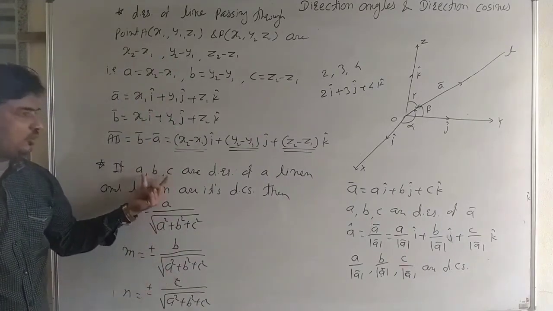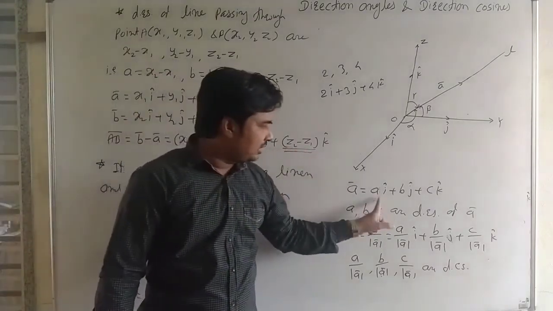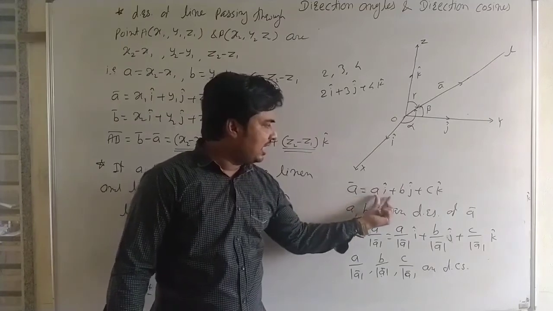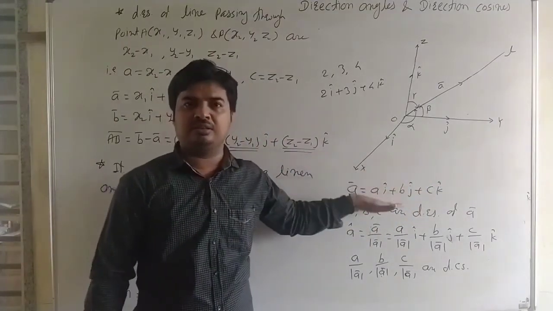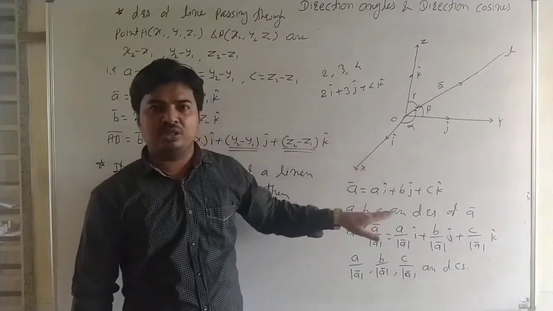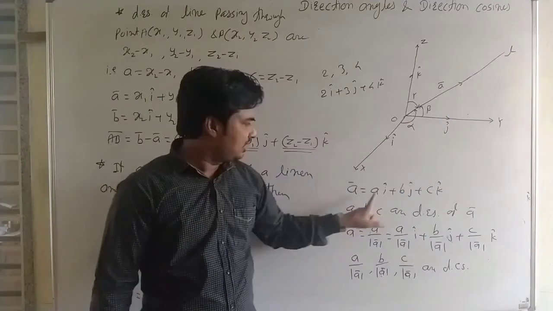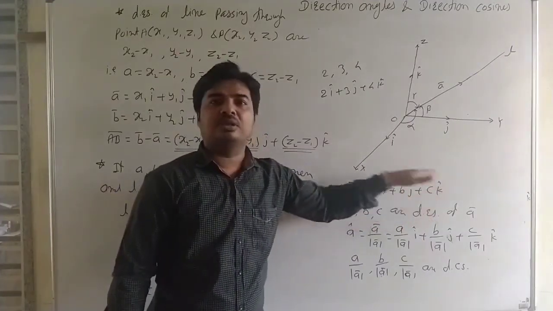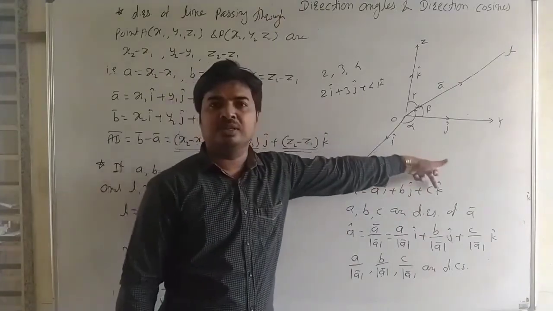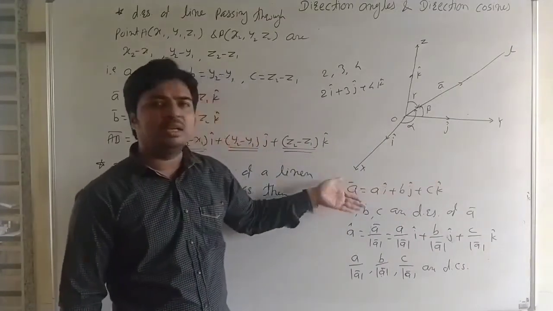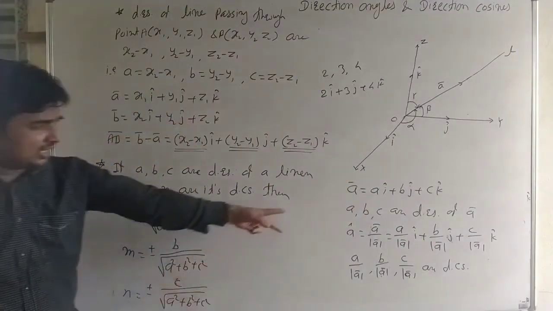Okay, direction ratios वरून वेक्टर तयार करा, किंवा वेक्टर वरून डायरेक्शन रेशियोज. वेक्टर दिलेला असते ए बार, इट इज ए आय कॅप प्लस बी जे कॅप प्लस सी के कॅप. आय जे के चे कोइफिशिएंट म्हणजेच त्या वेक्टरचे डायरेक्शन रेशियोज, किंवा डायरेक्शन रेशियोज दिलेले असले तर त्याच्यापासून वेक्टर तयार करा. त्या डायरेक्शन रेशियोज ए बी सी ला आय जे के ला, इट इज ए आय कॅप प्लस बी जे कॅप प्लस सी के कॅप. It is a vector along that line whose direction ratios are a, b and c. ओके, एकदा डायरेक्शन रेशियोज मिळाले की मग डायरेक्शन कोसाइन्स काढता येतात. ओके, हे प्रूफ व्यवस्थित पहा. ओके, या पद्धती हेच प्रूफ आहे.